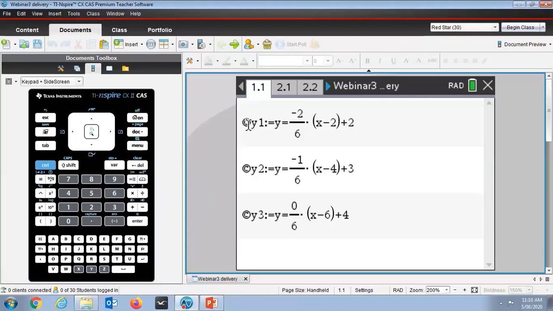For those who aren't remembering from last week, or maybe you didn't see last week's video, this little C that's circled here is an indication that I have put these on the calculator page using something called Insert Comment, which can be found by pressing the menu on the calculator page,